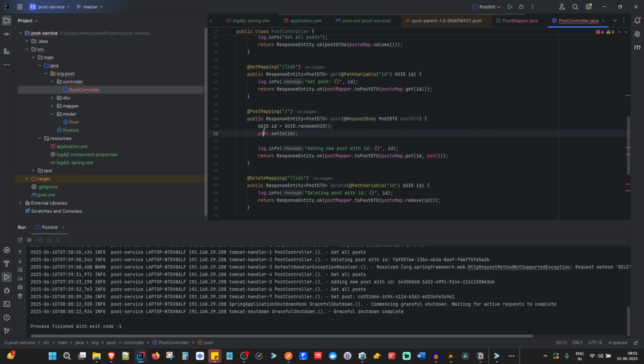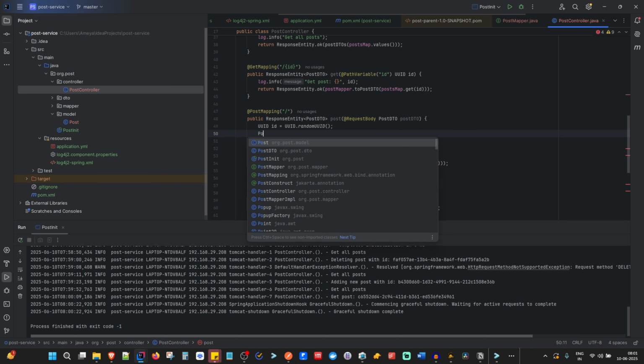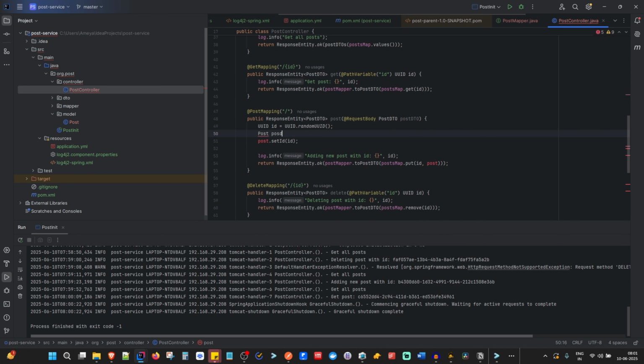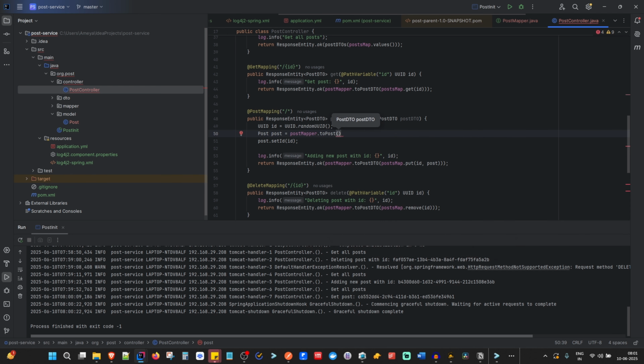Post DTO, post equal to post mapper dot to post DTO dot, okay, post dot set ID is this,